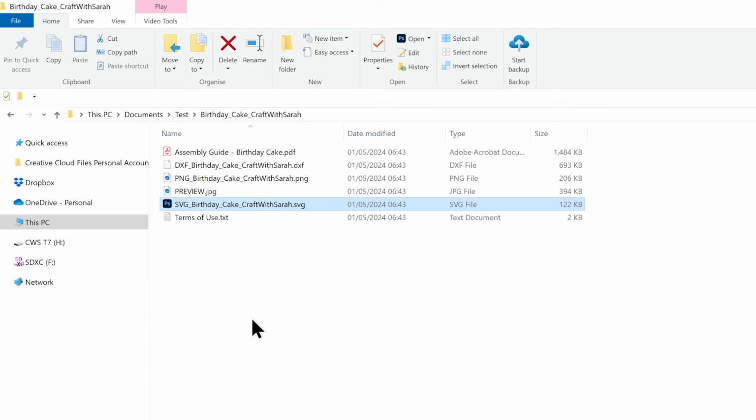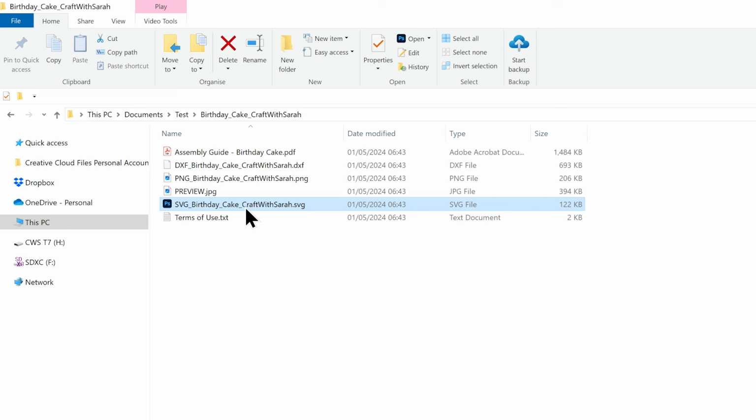If you're using a design that doesn't come from me, then it might be a little bit trickier to find out which file is the one to use, because not all designers start their file names in that way. But what you can do is look at the end of the file where it's got the .svg, and that's another way to know that this one is the SVG file. Sometimes, especially if you're on a Windows computer, it might not show you the file extensions, which is what comes after the dot at the end of the file.